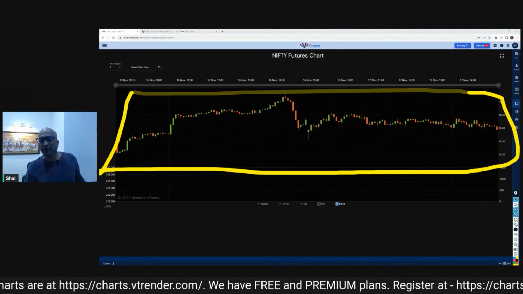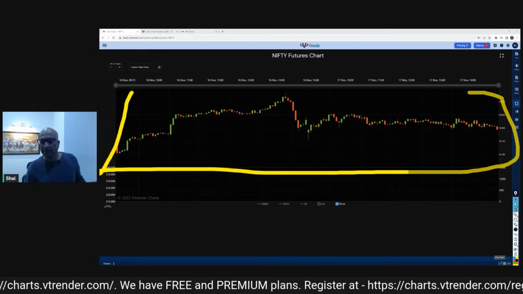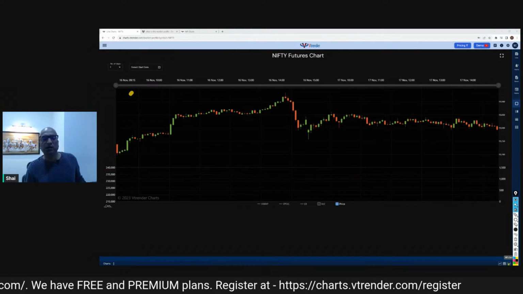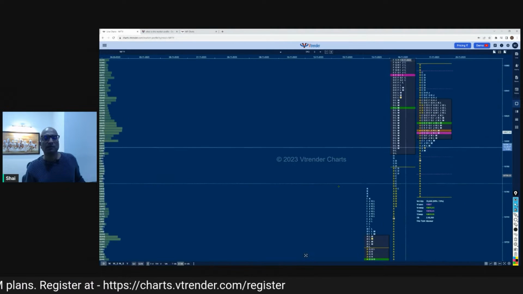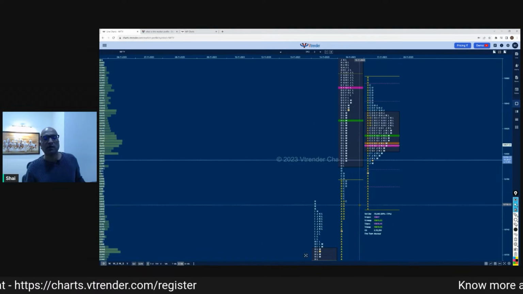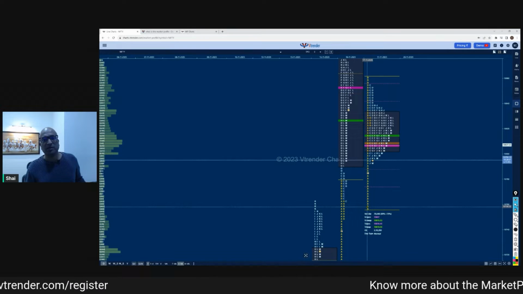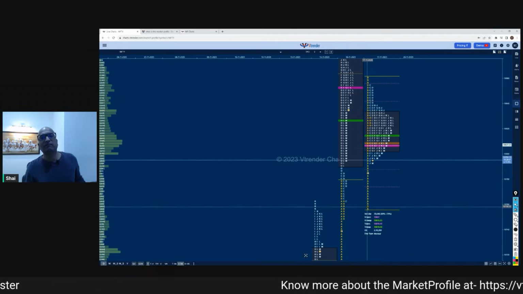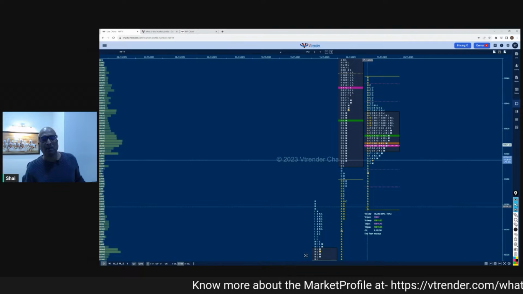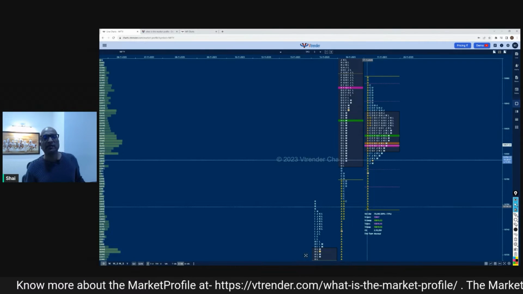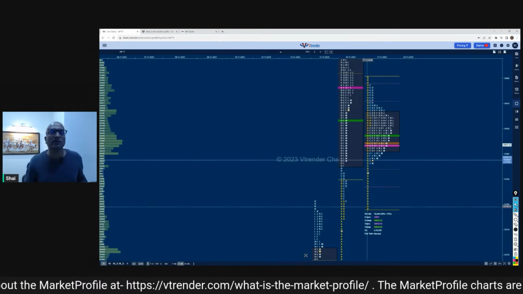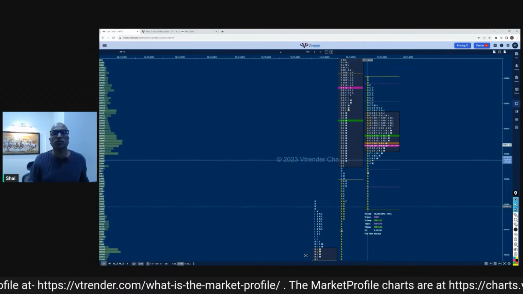Now, what Pete Stedelmeyer did is that he came up with this concept wherein instead of putting bars or candlesticks on a chart, he started putting alphabets A, B, C, D, E, F, G, right up to N. But there was a rule attached to it, and he called these TPOs, time, price, opportunities.